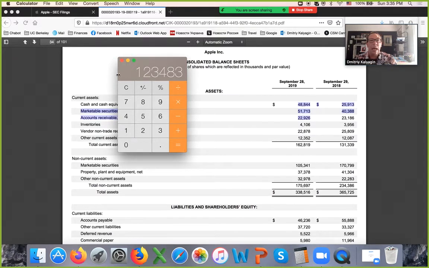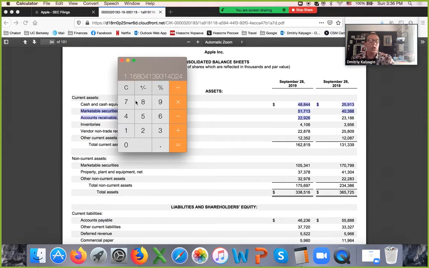And it's 123,483. So this is truly the assets that will become cash. We did not include inventory, so anything below. So I'm just going to divide this by current liabilities of 105,718, and it gives me